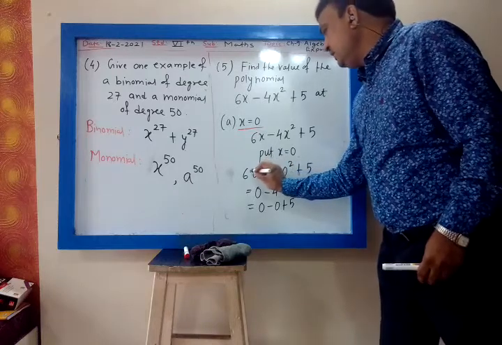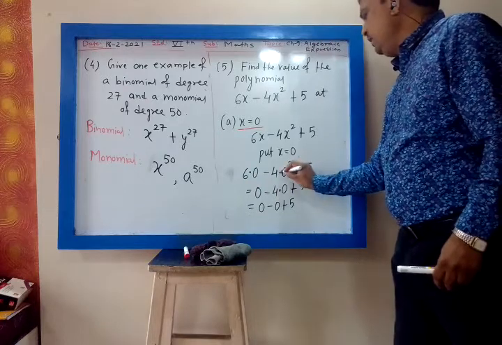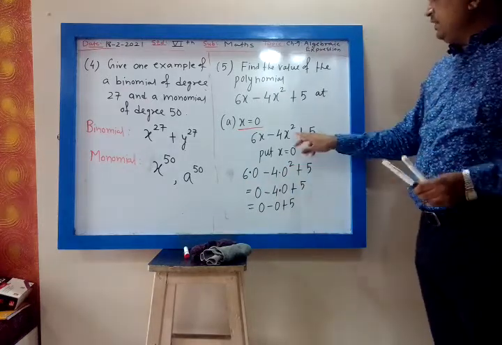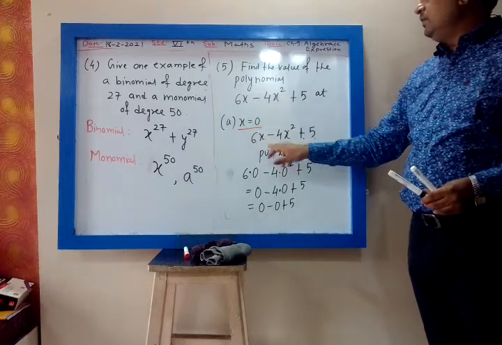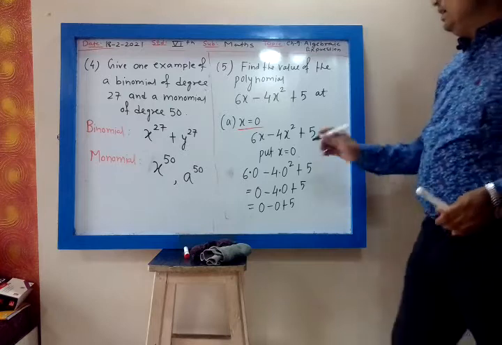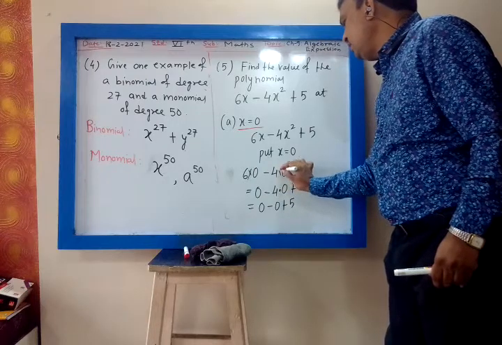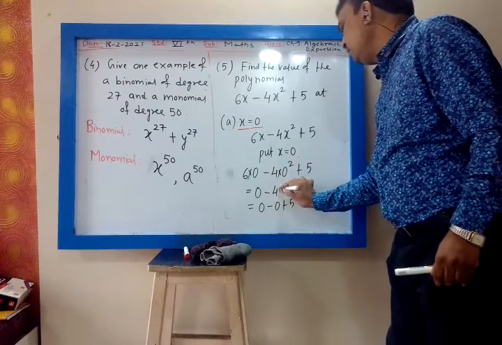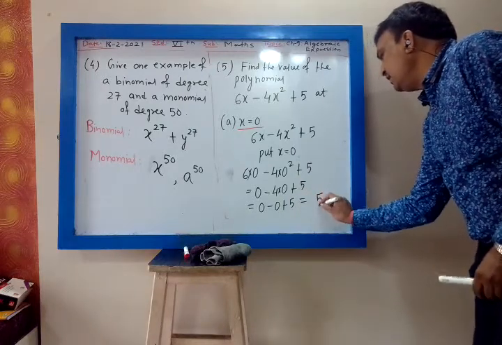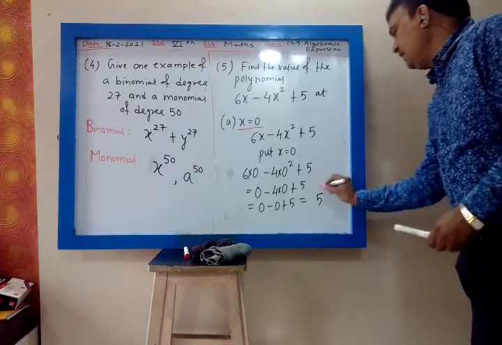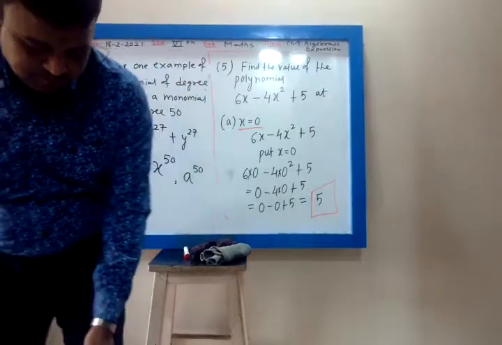No, it is dot. Dot means we replace x by 0. We want to find the value of this polynomial at 0. My dear, it is right cross. Chalo, right cross. If you are confused with dot, right cross. So 0 minus 0 plus 5, the answer is 5. The final answer is 5. The value of this polynomial at 0 is 5.